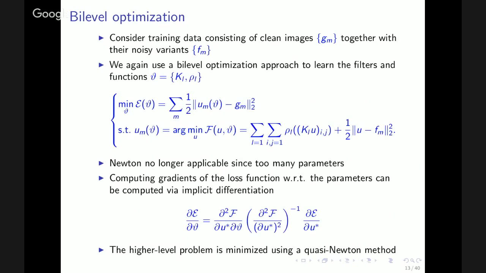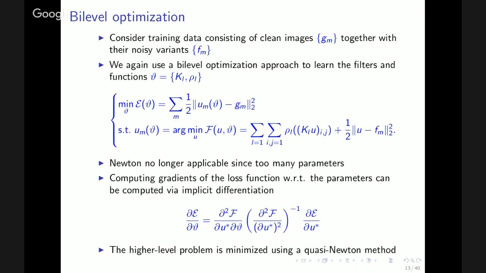In order to learn the filter kernels and their potential functions, or at least the parameters of the potential functions, we again use a bilevel optimization approach. It's just that the lower level problem has been replaced with this more general, more powerful model. Since we now have several thousands of parameters, the Newton algorithm is no longer applicable. It doesn't work because it takes too much time to compute the Hessian matrix, for example. However,